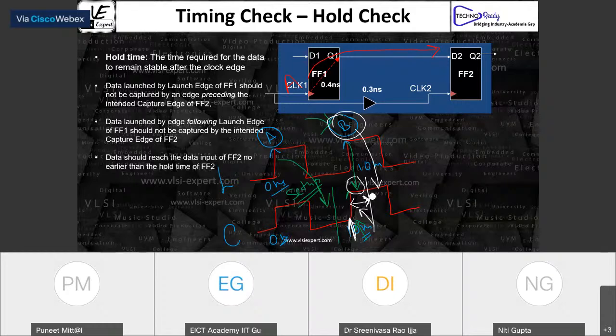Now you can ask me two questions. Question number one: how come this data will reach within this window? Between flip-flop 1 and flip-flop 2 there is a combinational logic.